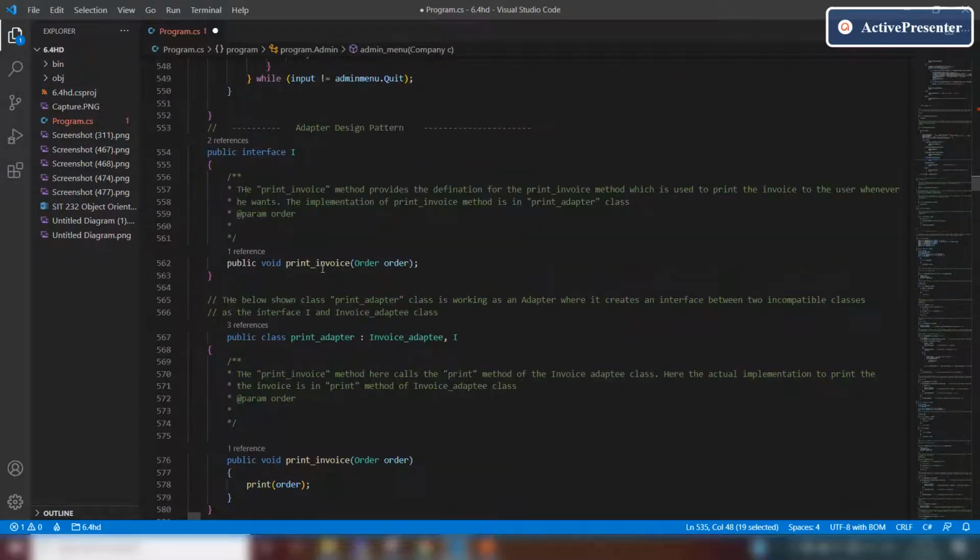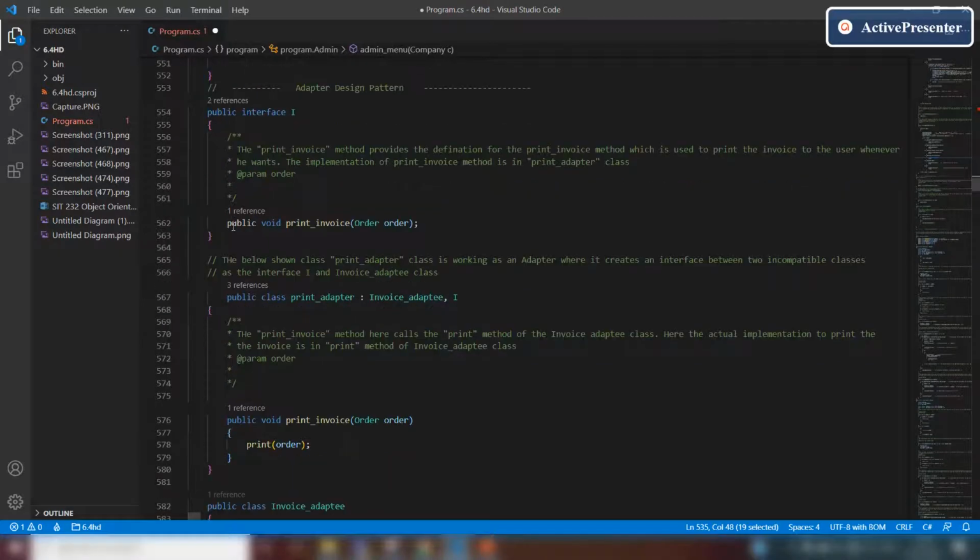Now this is the adapter design pattern which I have implemented in this program, where I have firstly created an interface I, and given the definition of a method named print invoice in this.